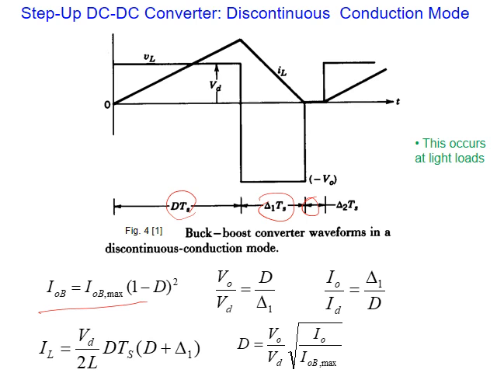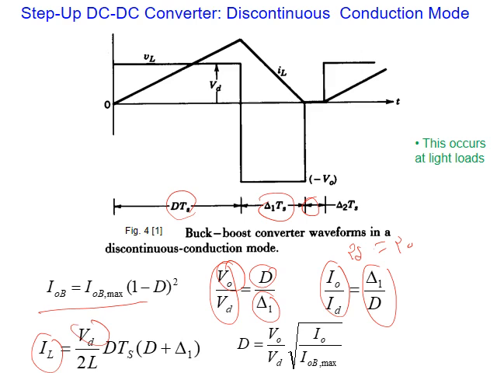This is from the previous slide, and we can find that the relationship between output and input voltage is D over delta 1, and since P input equals P output, we can use it to find the relationship between output and input currents, which is the opposite here. And also IL, if we substitute for VO, in terms of VD, we have this